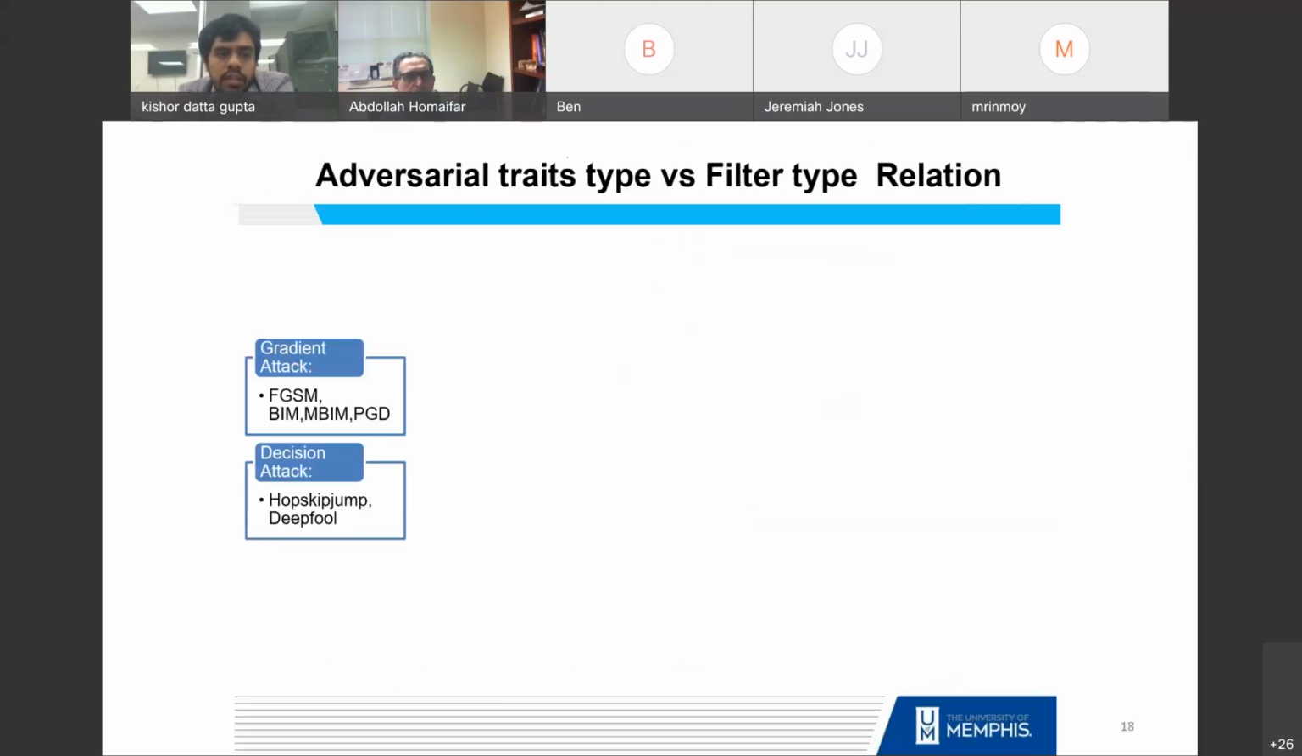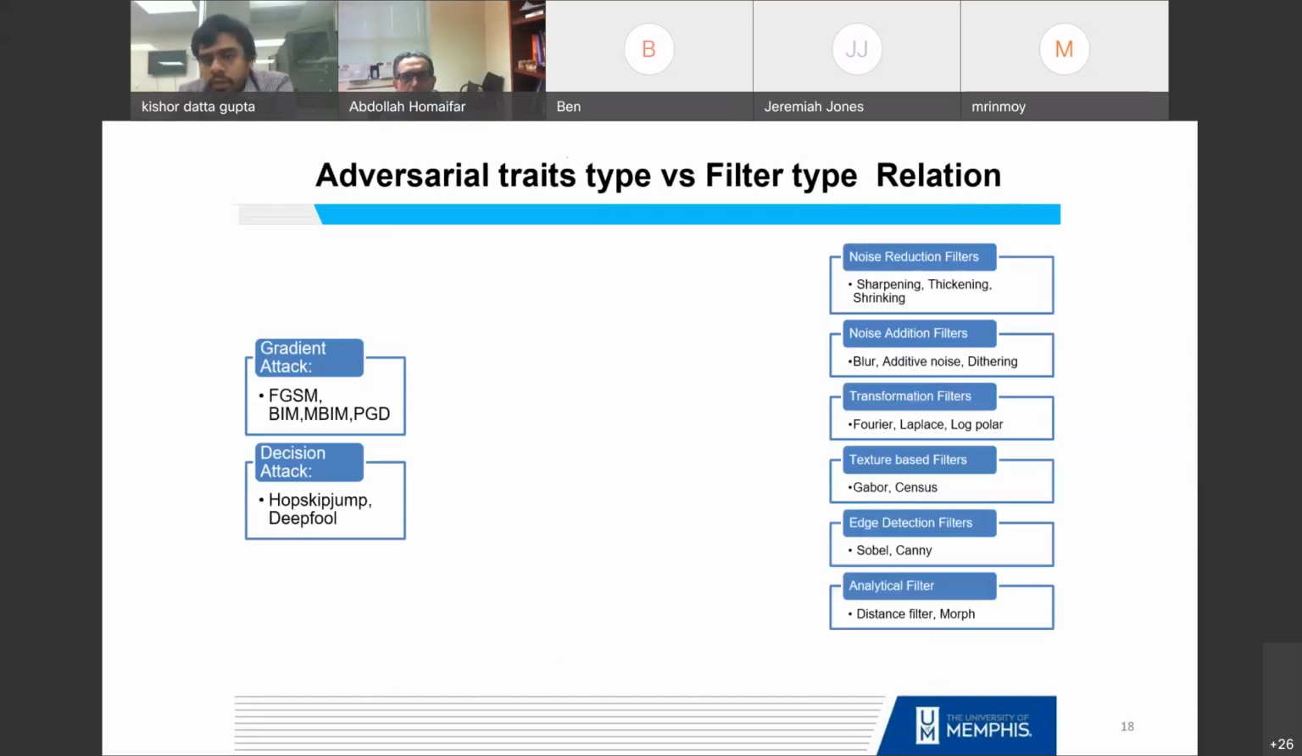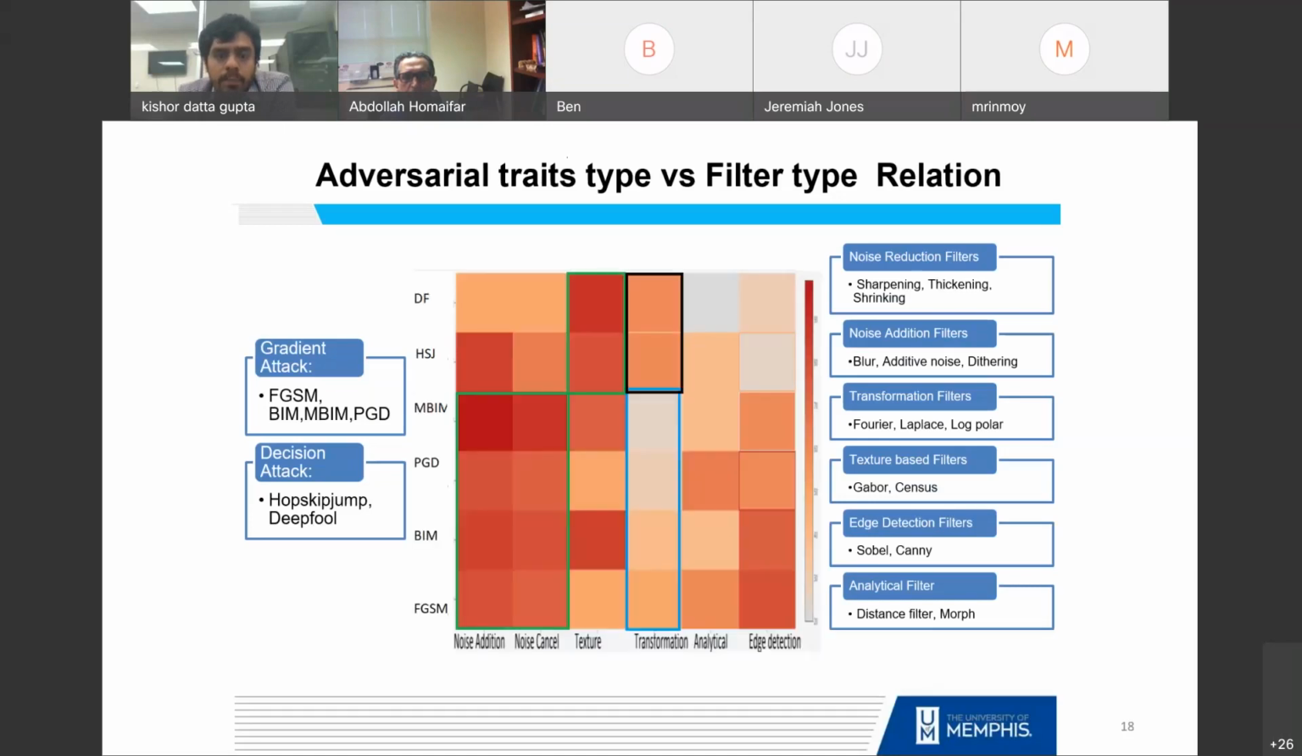So we tested with gradient-based and decision-based attacks, and we used 6 types of filters. I classified them into 6 types: noise reduction, sharpening, thickening, shrinking, and noise addition like blurriness and additive noise, dithering, transforms like Fourier or Laplace, and texture-based Gabor filters, sensors, edge detection like Sobel and Canny, analytical distance, and more. We can see that the same noise addition and noise cancelling filters work for those 4 types